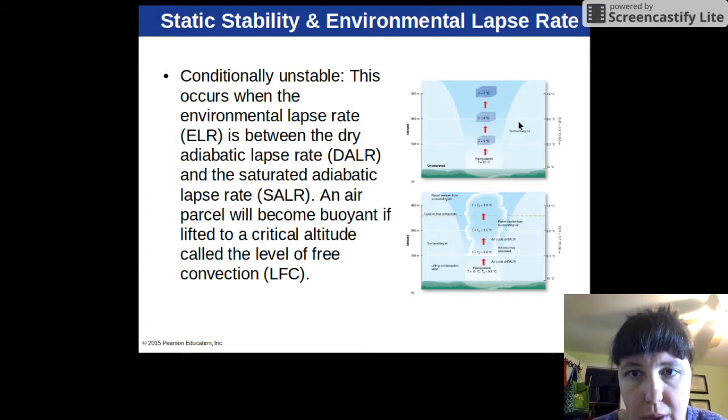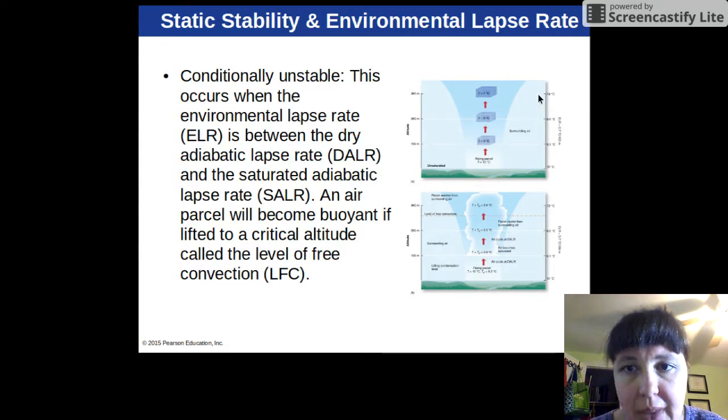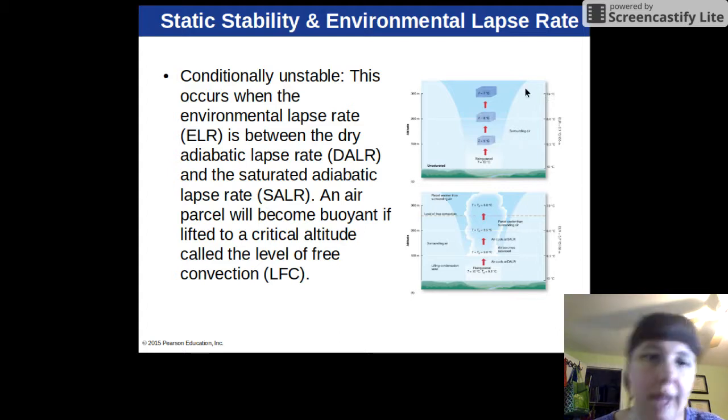So here we go. This is the dry adiabatic lapse rate again. This is still 10, 9, 8, 7, as we can see, and actually they've zoomed out. But right here, I can see that I'm colder than in this little bubble, so I'm unstable, and then I go back to being stable. So I'm stable, unstable, stable again in my lapse rate air. So conditionally unstable means that some of the time I am in a situation where the environment